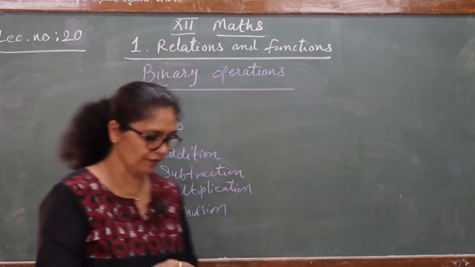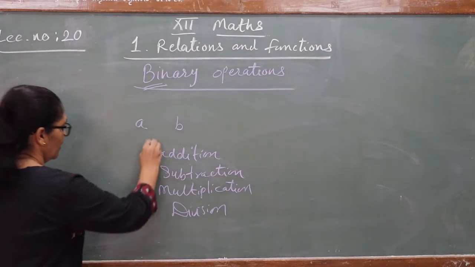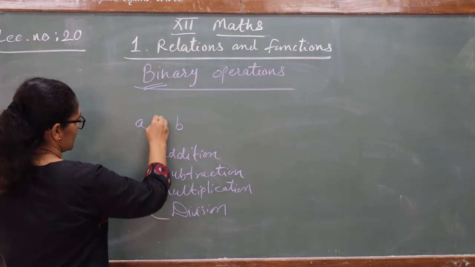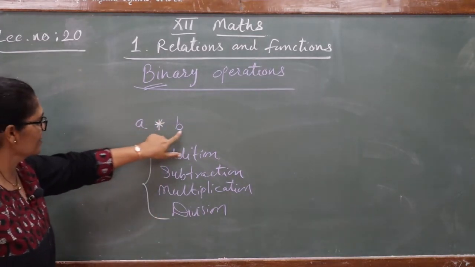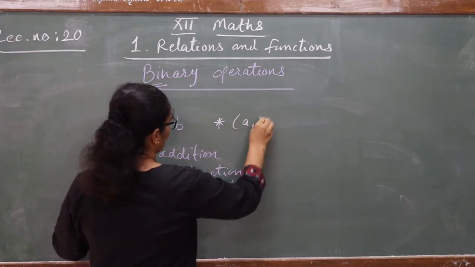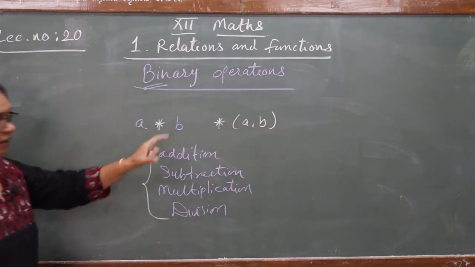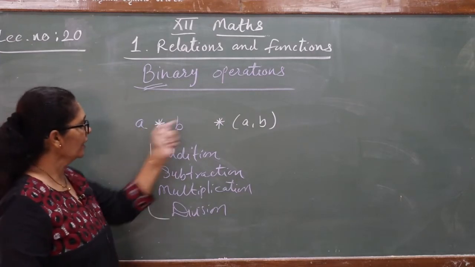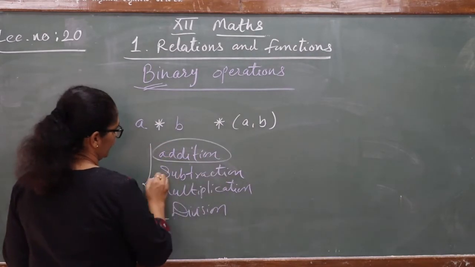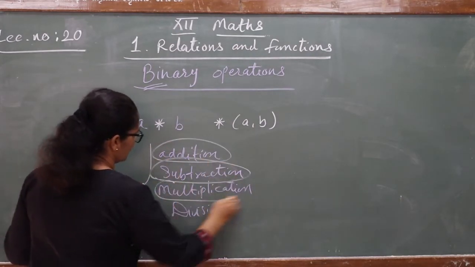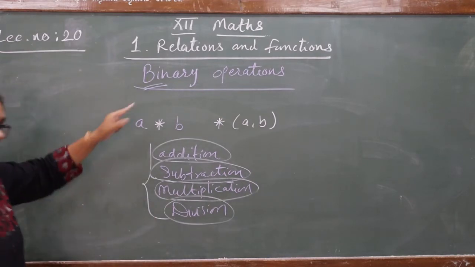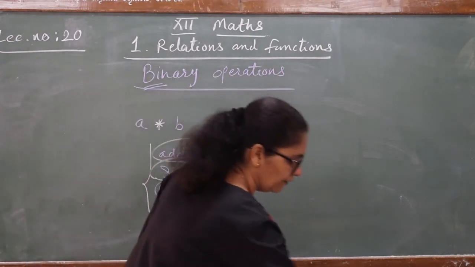Now here what we are going to discuss is that in such a way this relation is mentioned, we use a asterisk b, or you can write this by a comma b, this way. So here one condition may be given and accordingly you have to perform your operation. Now, can we perform all these four operations, addition, subtraction, multiplication, division, here or not? That we discuss one by one with our questions.